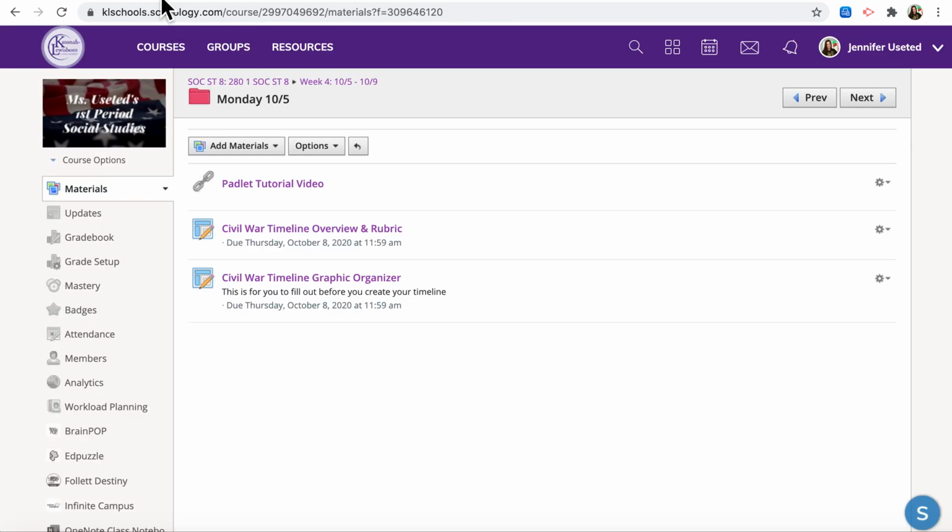In the folder, you'll also notice a Civil War timeline graphic organizer and a tutorial video. The tutorial video is if you are unsure of how to log into Padlet. This walks you through the process, and it also talks about how to create a timeline in Padlet. So I recommend watching this first. The graphic organizer is optional,